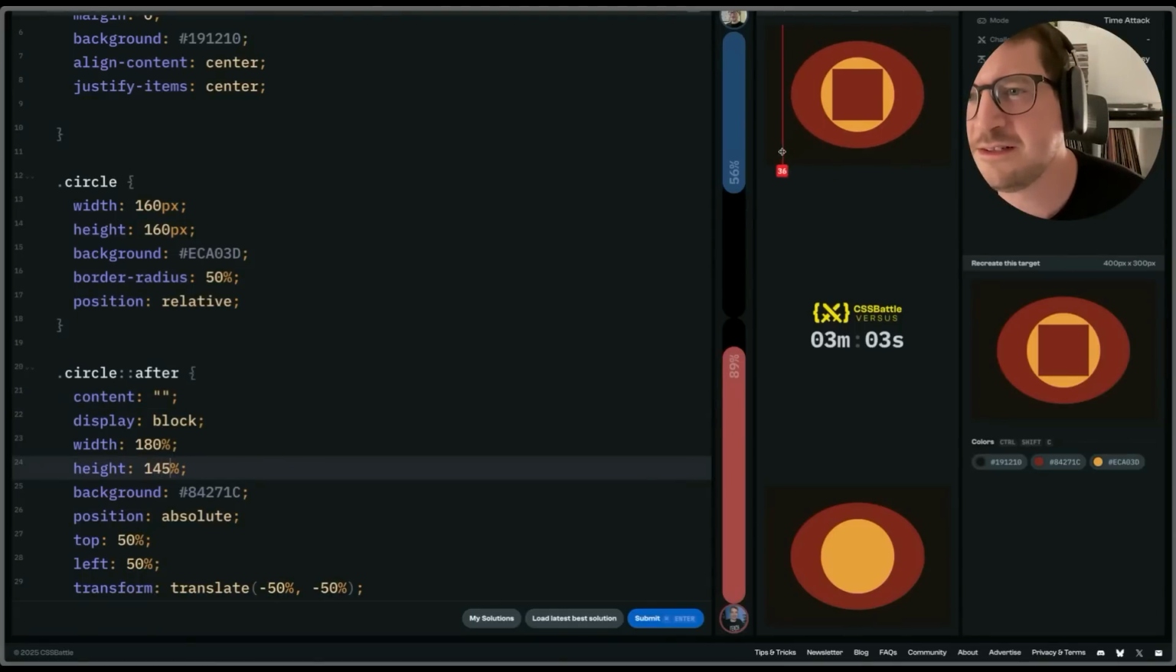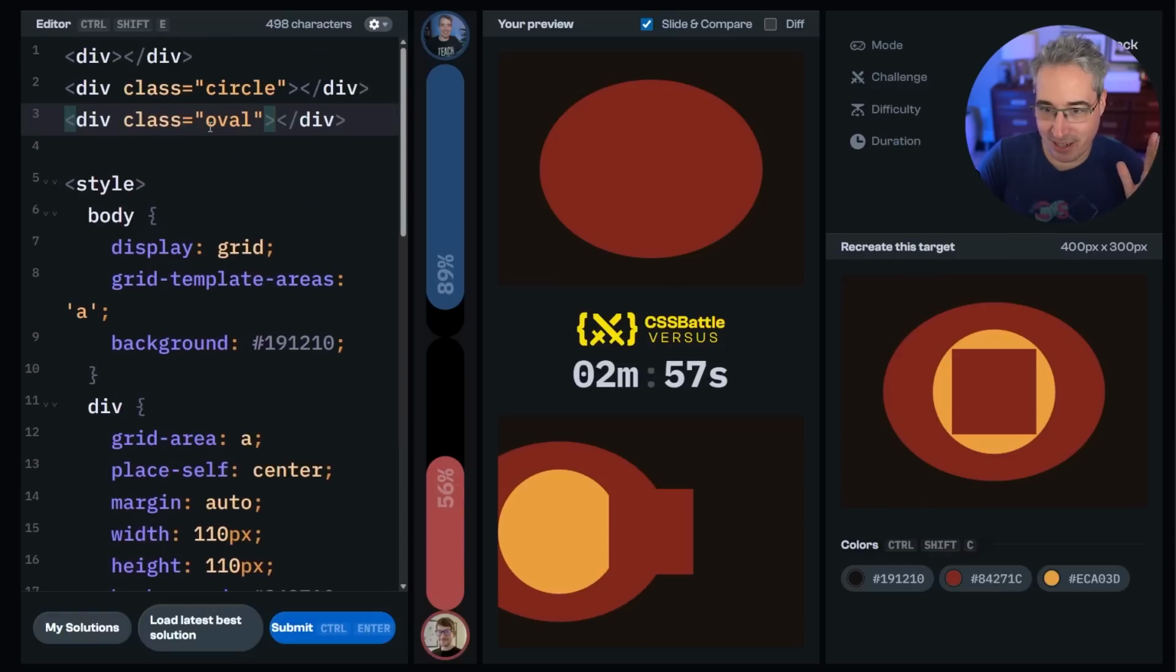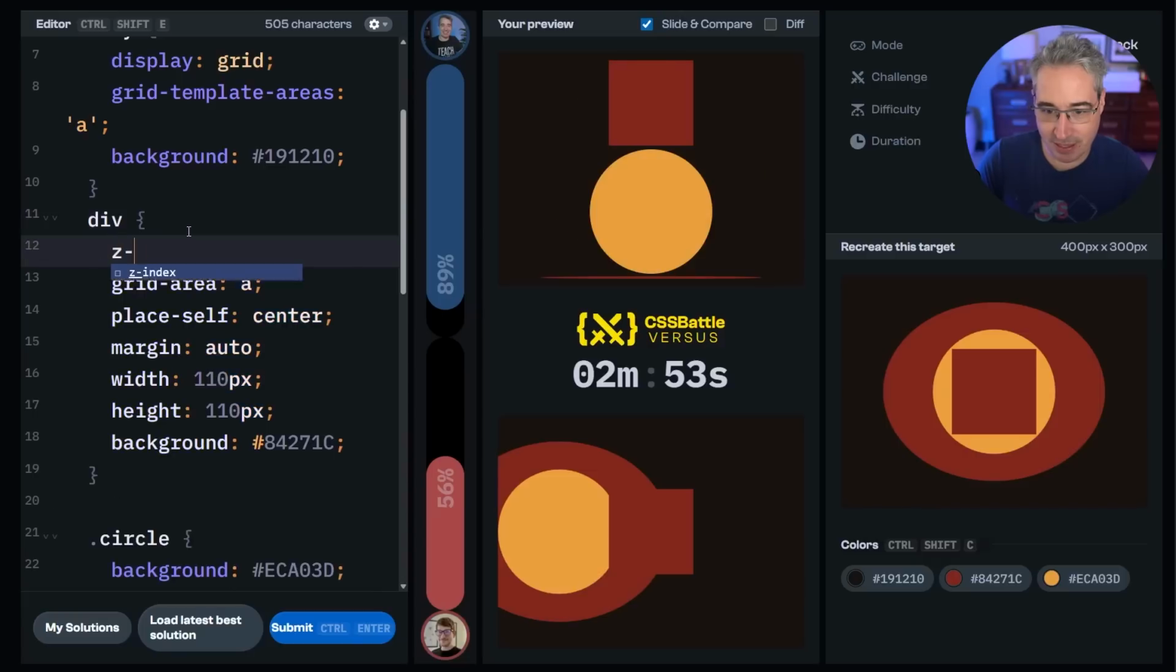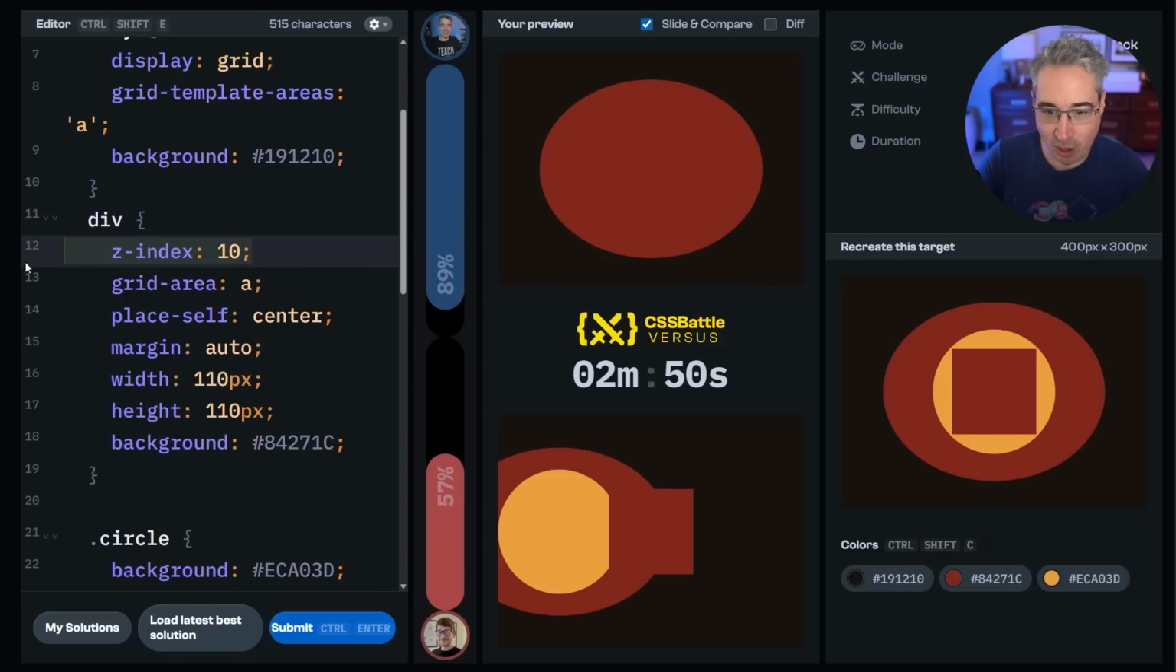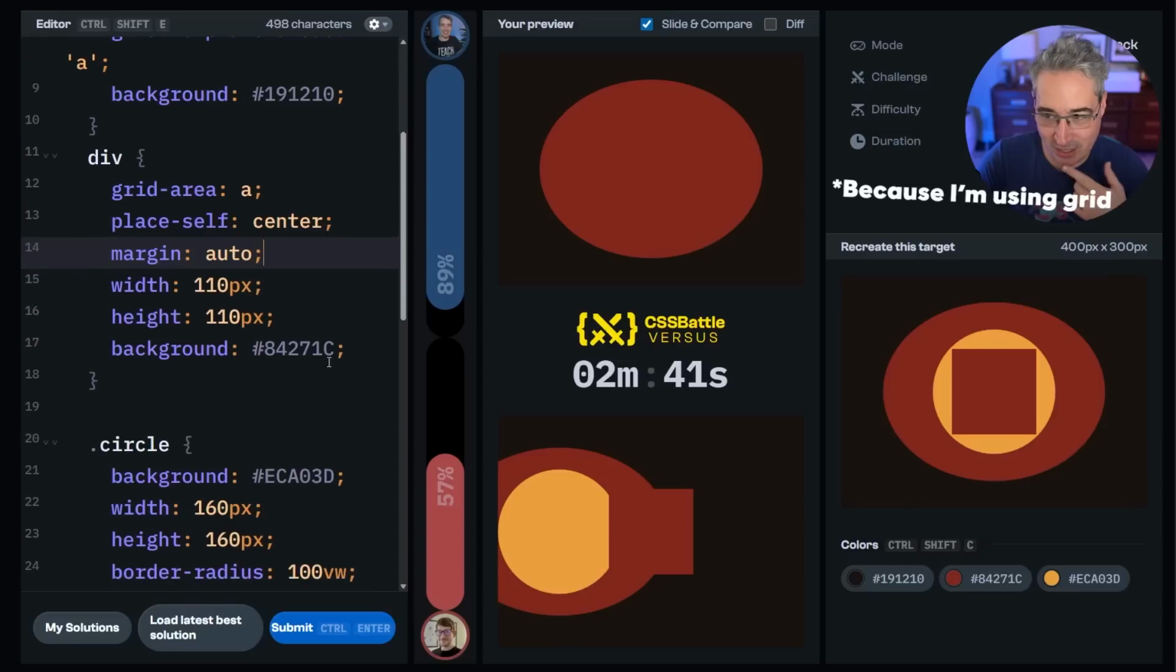God, it's so close. So now I want to change the order of them. And we have the oval, the circle, the div. They're probably in the wrong order. So I can come on this and give that a Z index of 10. Except that gives the Z index to all of them. You don't need to have a position to give something a Z index, which is useful. But we do need